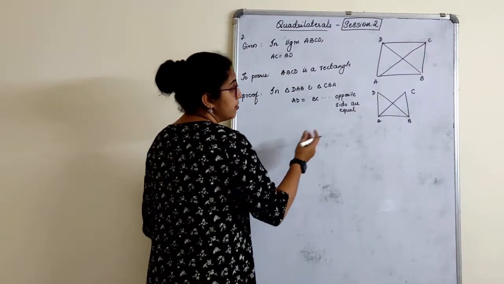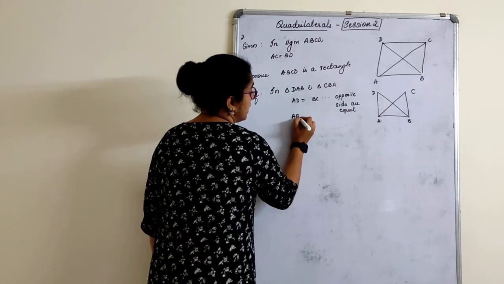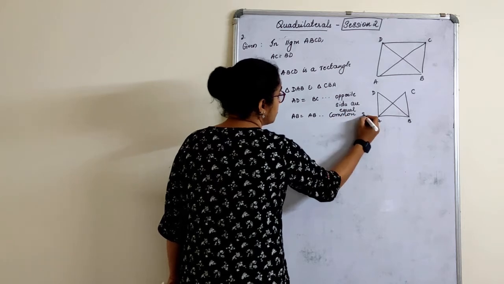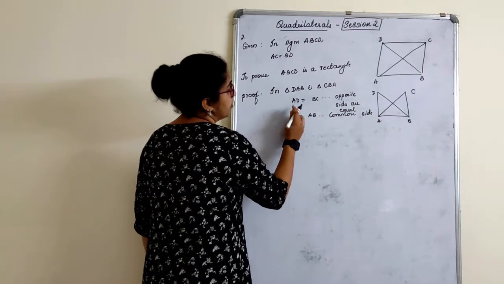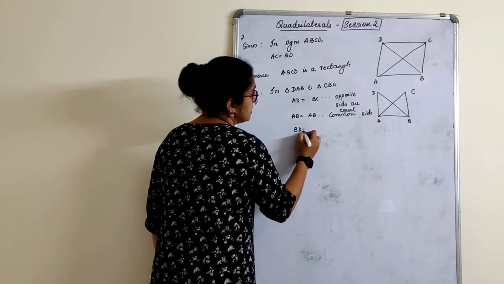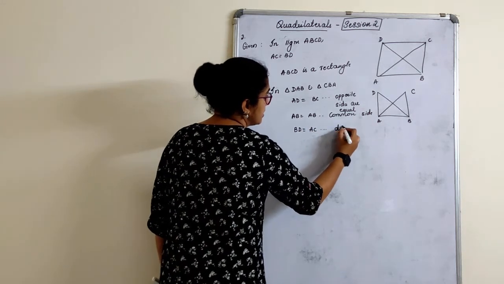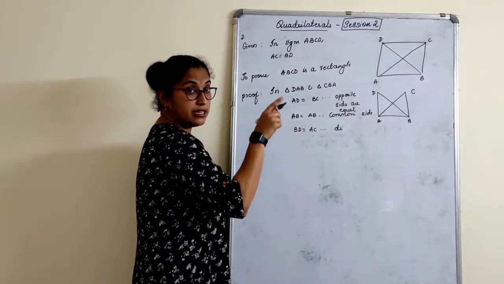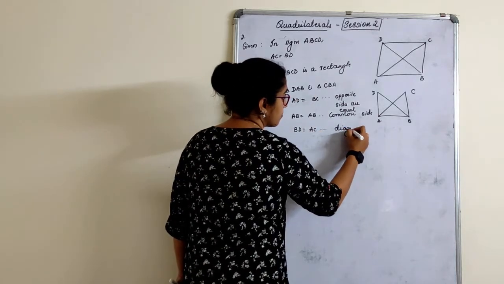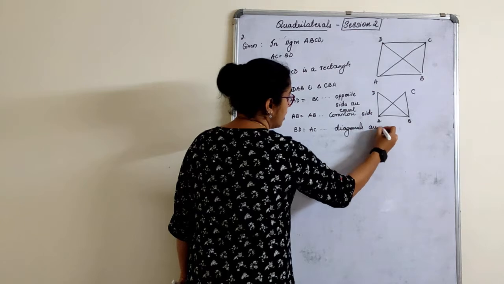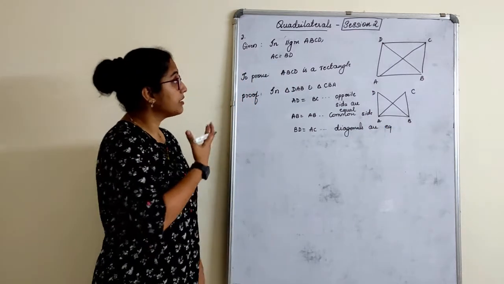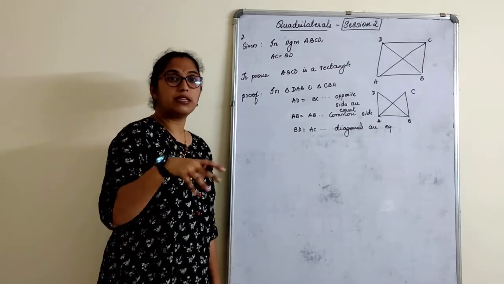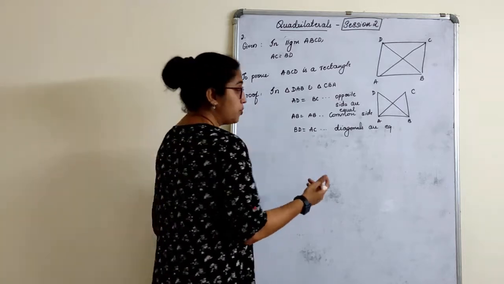Okay. Next, AB is equal to AB, common side. Next, BD is equal to AC. Diagonals are equal because it is given. Choose the correct triangle with respect to the triangle which is there. Don't choose the other way. Now if you ask me, teacher, what if they have not given diagonals are equal, how to prove? Such vague things will not be given. When they have asked you to prove something, some known facts only will be given, which you can prove.